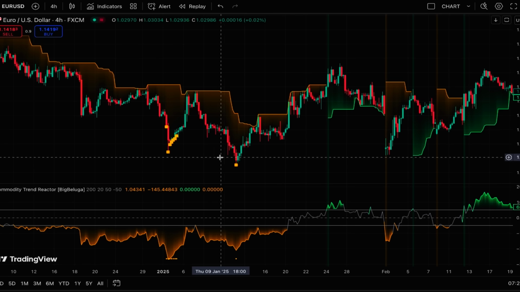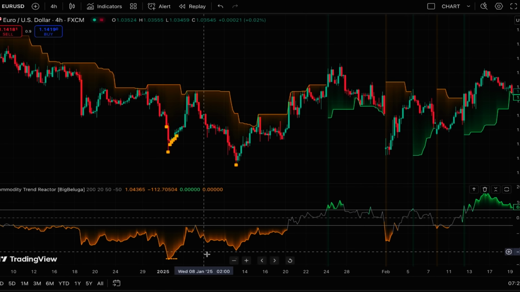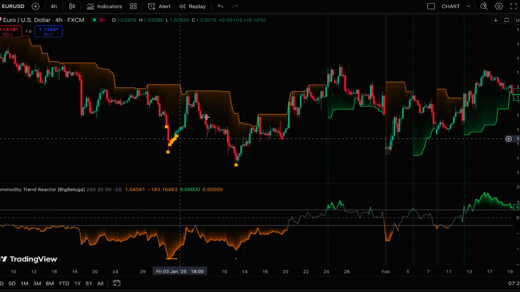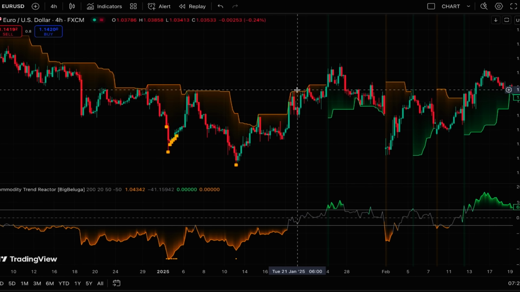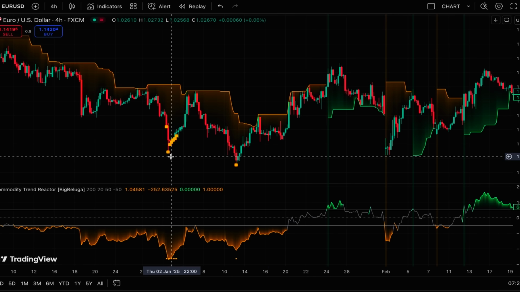For example, here you can see that the price made lower low, but here the oscillator made higher low, and this is a bullish divergence telling us that the downside momentum is weakening and the upside momentum is gaining strength. So there is a possibility of reversal, and the indicator is also giving signals that a reversal is probably